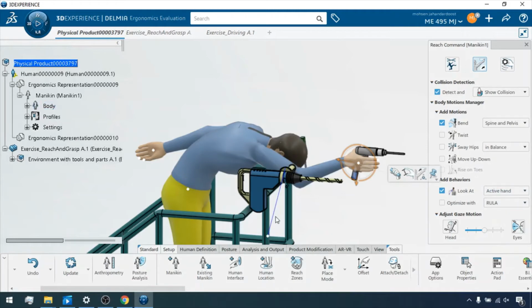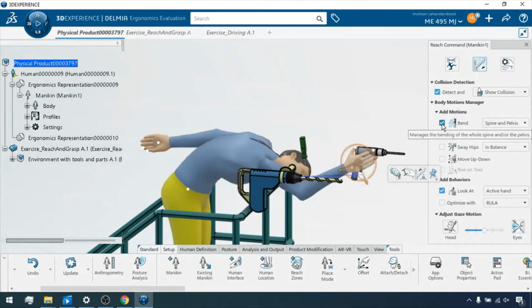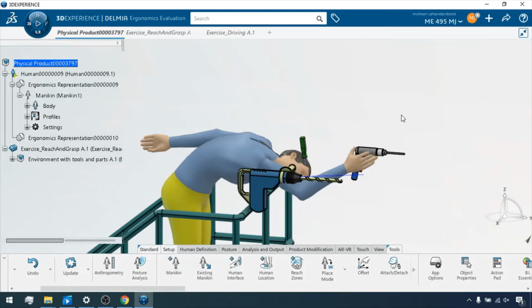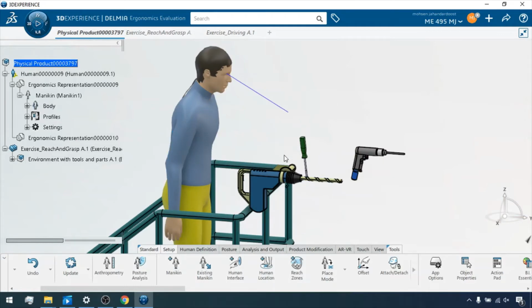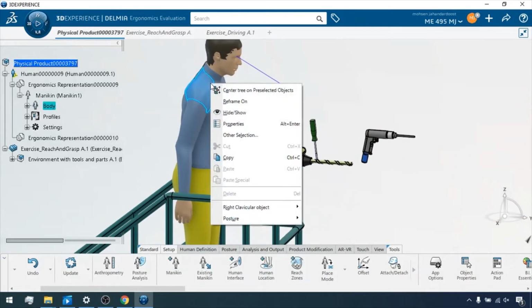Right now it doesn't look at the hands. I need to, it's not in a good location. Okay, so the first thing is that I need to